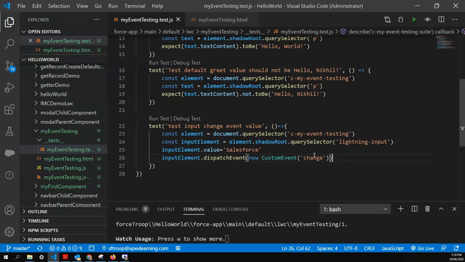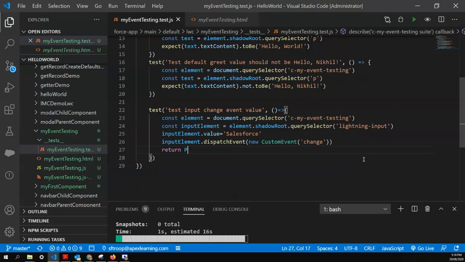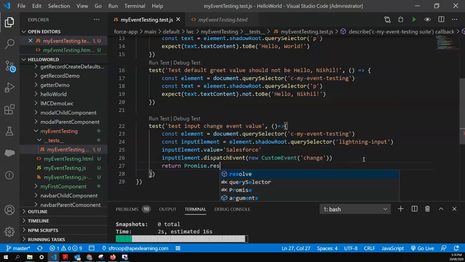This trigger is an asynchronous operation, right? Because our DOM updates asynchronously, we have to make sure all the updates have been completed. To solve this issue, we'll write a promise here. We'll say return Promise.resolve.